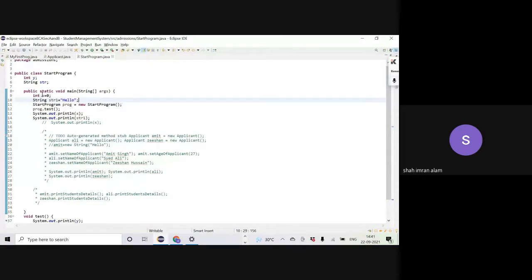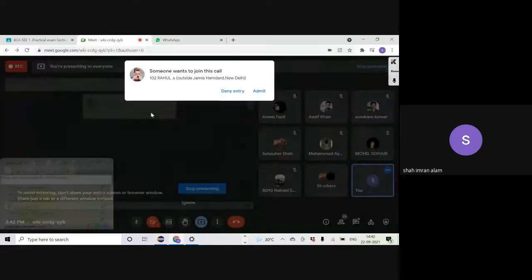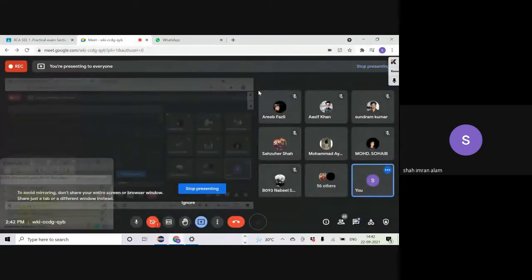But in method local variables, things are more strict. In this case, you will not be allowed to use these variables for any purpose. Like here, I'm trying to print x and str1. I'm trying to use them. So you will not be allowed to use them unless and until you give them a default value. You cannot just leave them unassigned like this, because then you are going to get a compilation error. You can see the compilation error says the local variable x may not have been initialized. Here also you can see the same error. Okay? Any doubts? No, sir. Okay.